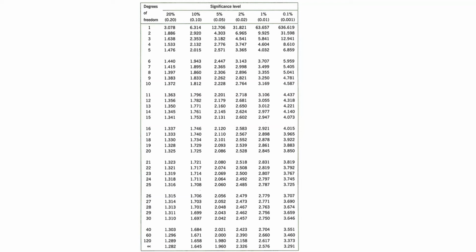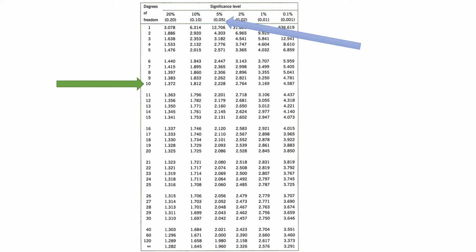Let me show you how we can read this table. Basically you have to learn to read this table. You have to consider two things, the degree of freedom and the significance level, and then you can just track your value. My degree of freedom is going to be 10. Why? Because I have 11 circuits basically, that is my sample, and from that I derive my degree of freedom. So degree of freedom is n minus 1, which is 10.